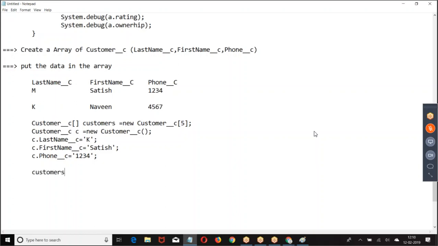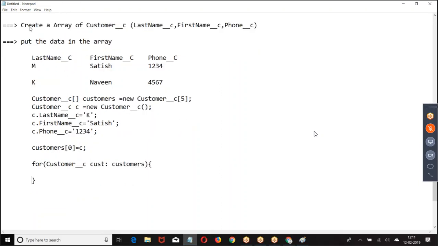Put them in a loop. Then take a loop for customer. The previous ones are standard objects.